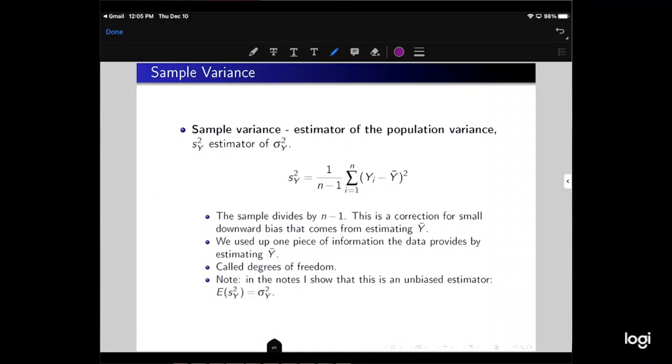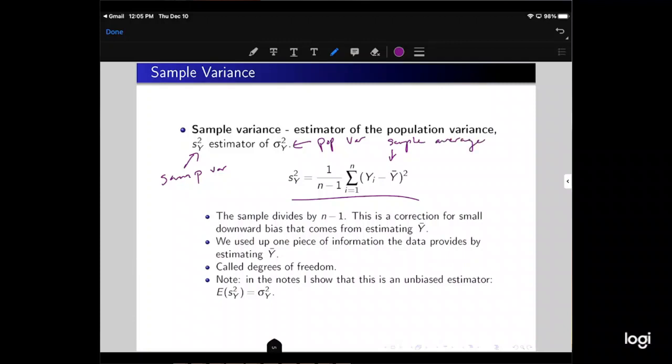All right, the sample variance. So far we've talked about the sample average. Now we need to talk about the sample variance, which is an estimator of the population variance. S squared Y is an estimator of sigma squared Y. This is the population variance. This is the sample variance. And it's defined by this equation here. S squared Y is equal to 1 over n minus 1 times the sum of Yi minus Y bar, remember, this thing is the sample average,